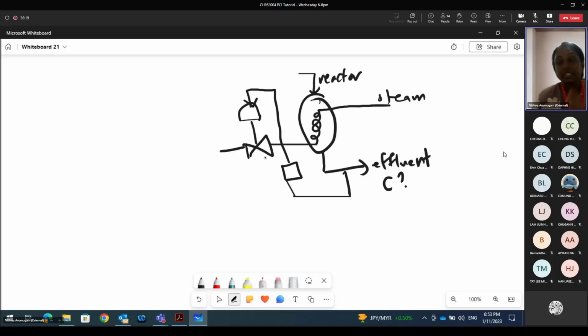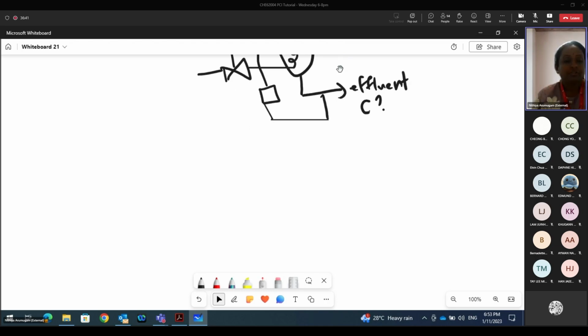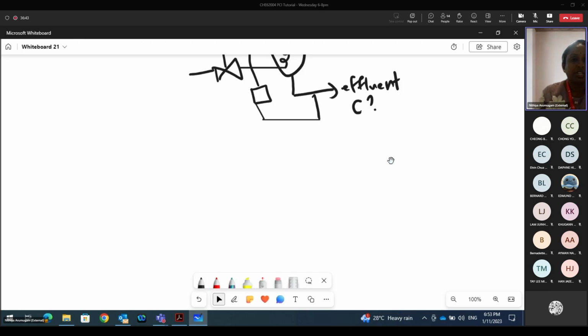The first question asks us to determine the parameters of the FODT to control the composition C of a stream leaving a reactor. Okay, so we need the parameters of the FODT transfer function which could be used to model the system. So if you remember the FODT model,